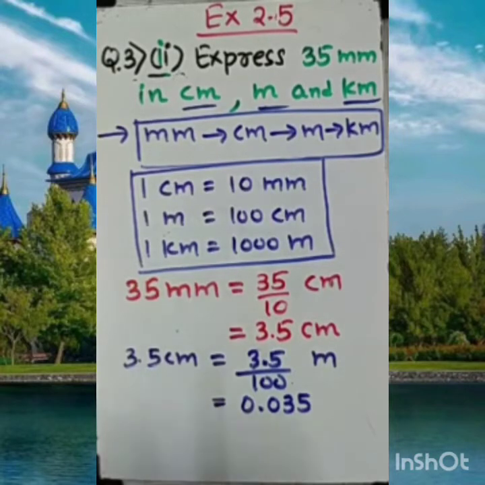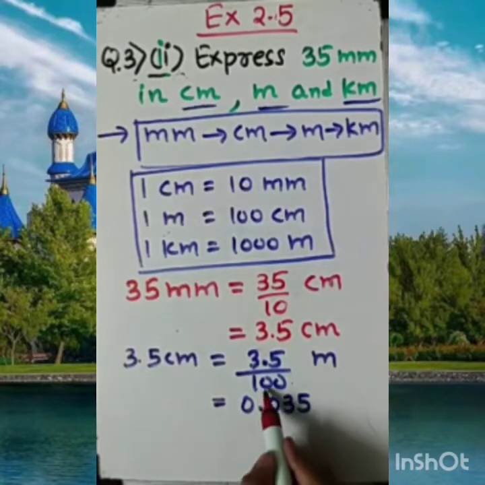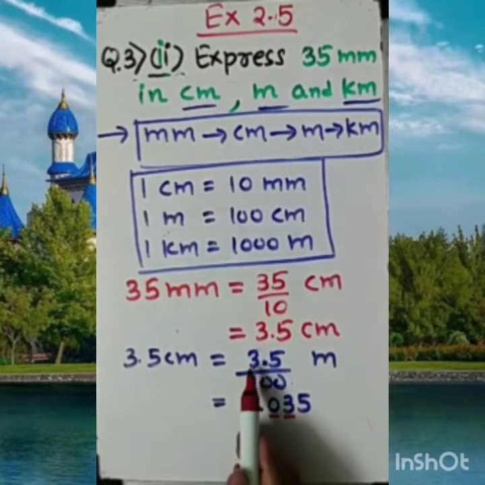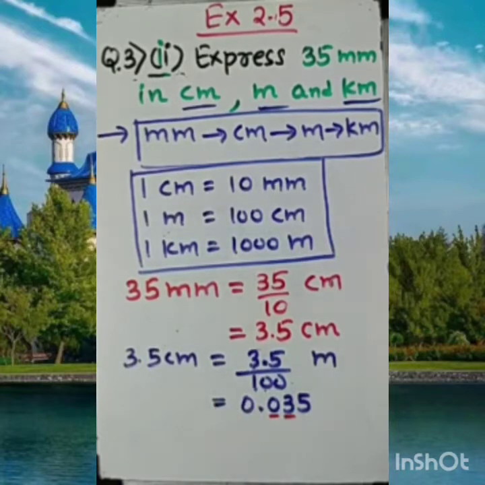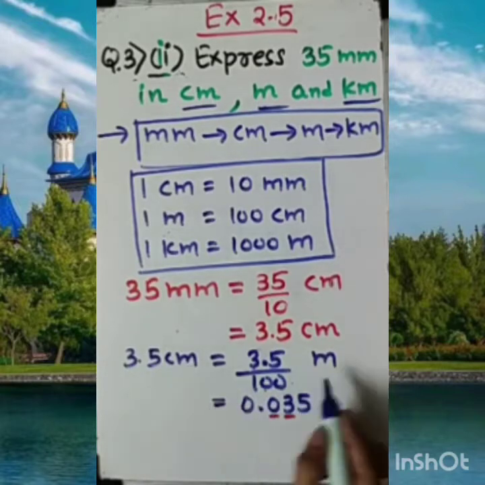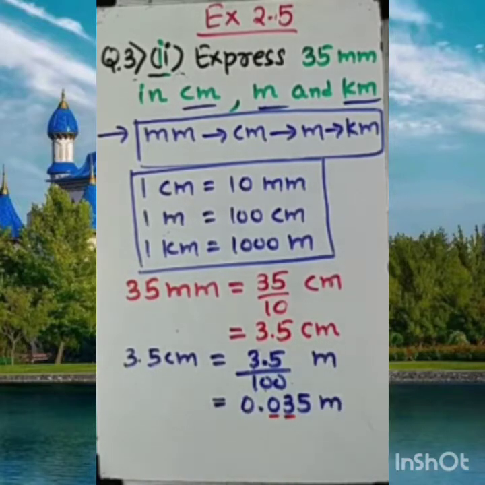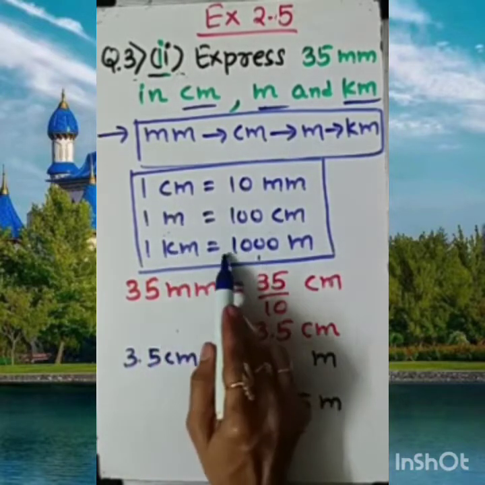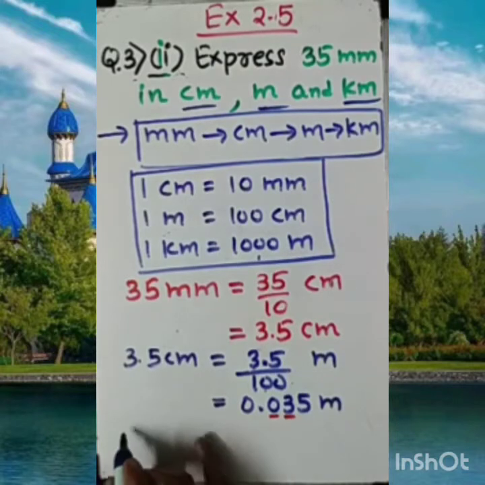Why? Again I am explaining here, because of two digits we need to shift. So here the first digit and this second digit, because this digit is before the decimal and I am shifting to that side. So this is the conversion from centimeter to meter. Now we have to go with the meter to kilometer. Meter to kilometer. So with 1000 we need to divide now.